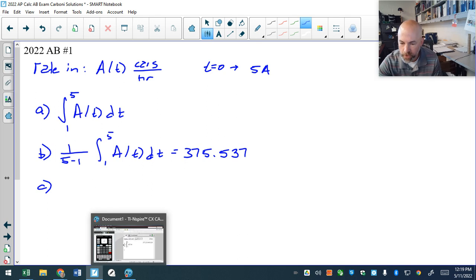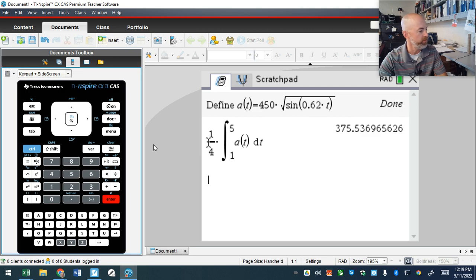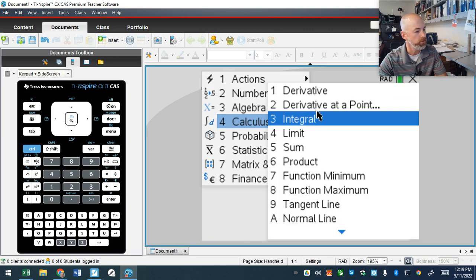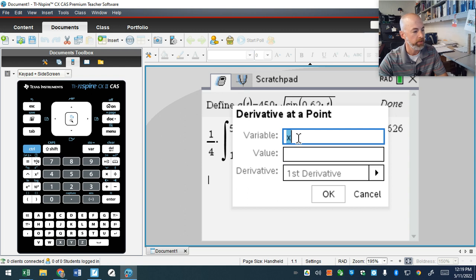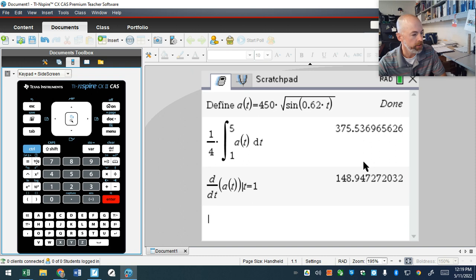Is the rate at which the vehicles arrive at 1 increasing or decreasing? So they want to know if the rate is increasing. So we need to know if the rate's derivative is positive or negative. So I'm going to find A prime of 1. They ask specifically at t equals 1. So I'll go to my calculator and I'll use my derivative at a point command. So menu, calculus, derivative at a point. I'm going to use t for my variable. I'm going to plug in 1. It will compute the derivative of A of t at t equals 1. That looks good. Control Enter, and I'm getting